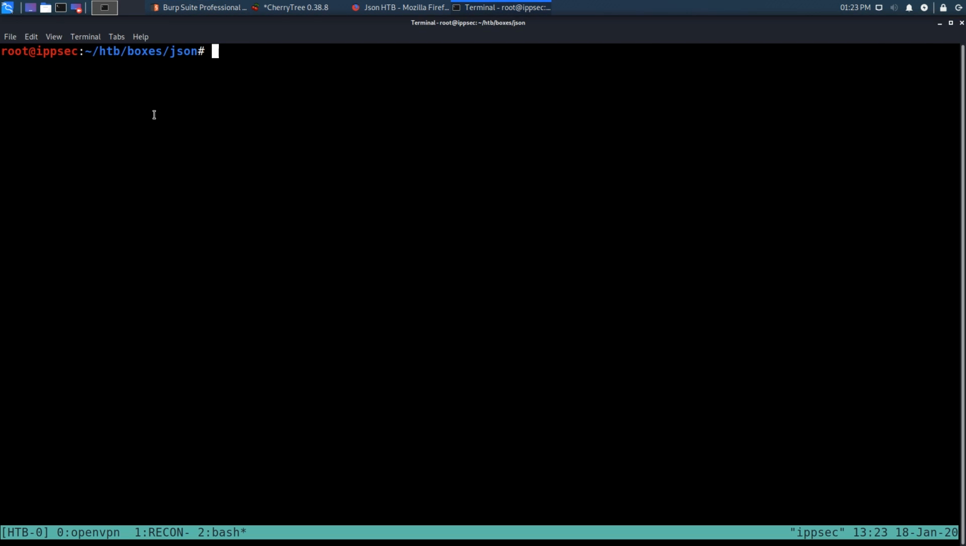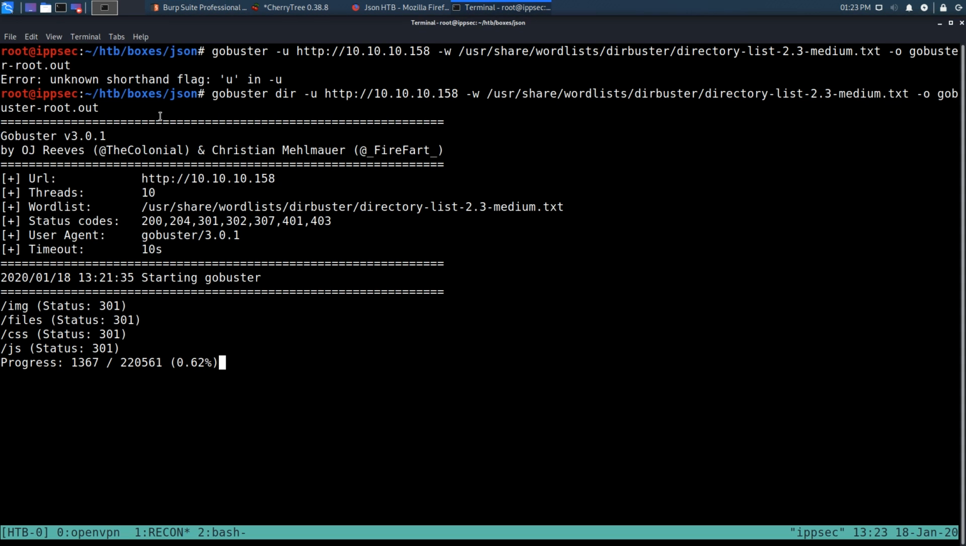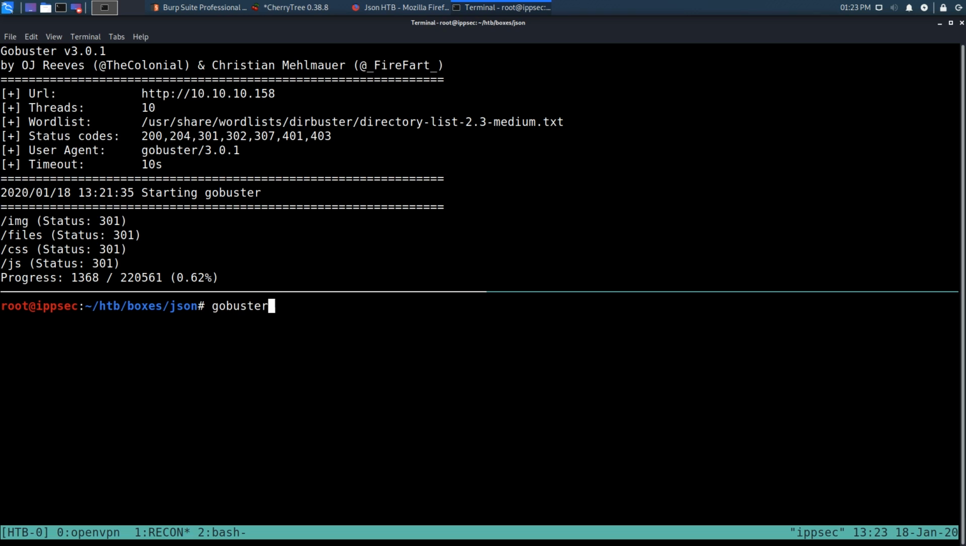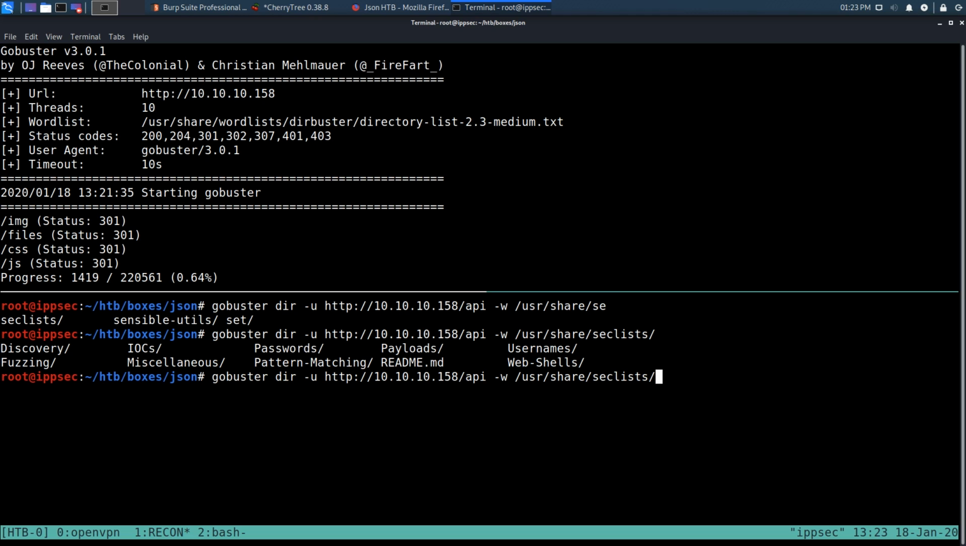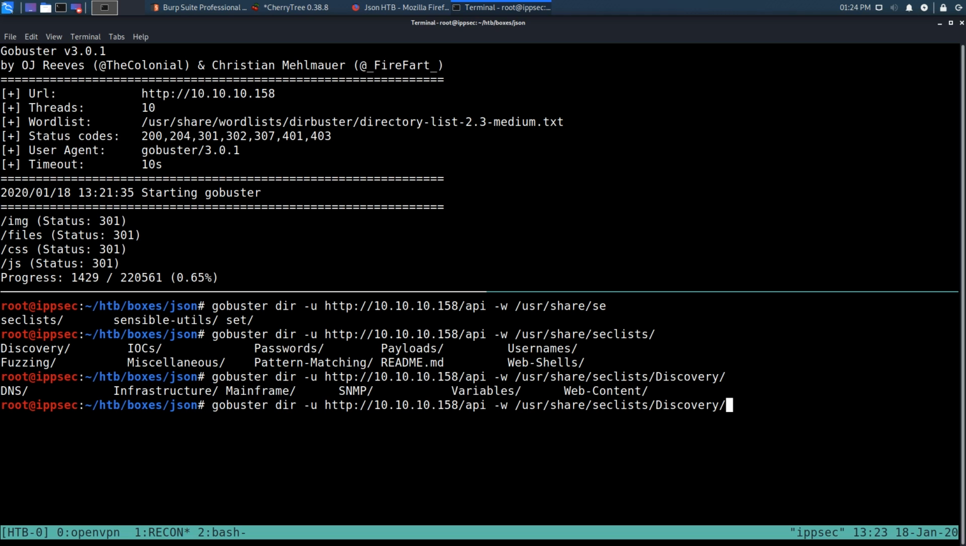So what I really should have in GoBuster is gobuster dir -u http://10.10.10.158/API, -w for word list, and we'll do /usr/share. Do I not have SecLists installed? Oh, no, I do. SecLists, Discovery,